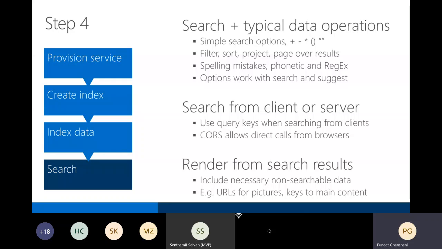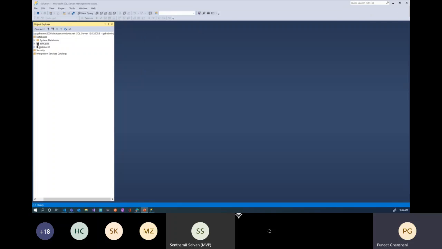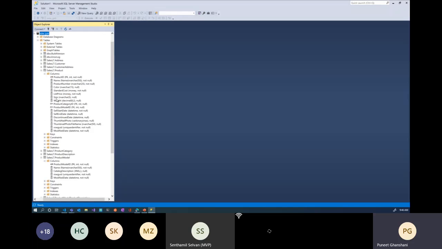Now let's quickly go through some of the demos using Azure Search Indexer with Azure SQL Database. Over here, you're seeing a database that I have provisioned. This is the AdventureWorks database, and it is a database that gets provisioned from the Azure portal when you're provisioning a SQL database with sample data. So if I click on the products and select top 1000,